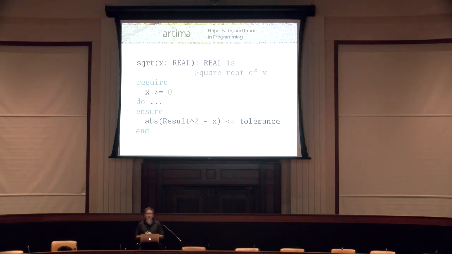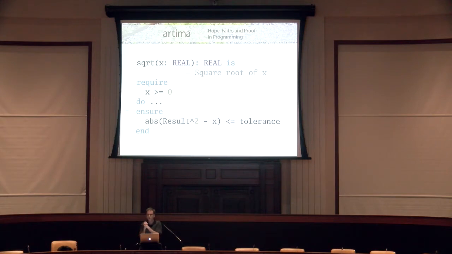This is an example of Eiffel code of a function that does the square root. You can't just say what the algorithm is for computing the square root. You have to have three things. You have to have a require clause, which is a specification or a statement of the preconditions of this function, which is, when someone calls it, what promise has to be fulfilled by the caller.